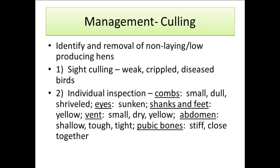Let's spend a quick second here. We're kind of coming down the home stretch with this one on culling. There comes a point with all of these birds in your laying flock when they're not laying, they're low producing, they're not even making back their feed costs, and there's an economic return that has been surpassed where they're not paying their way. So how do you do that? Well, as a good animal husbandry person, you will get to know what hens seem to be doing well, what ones you have trouble with,